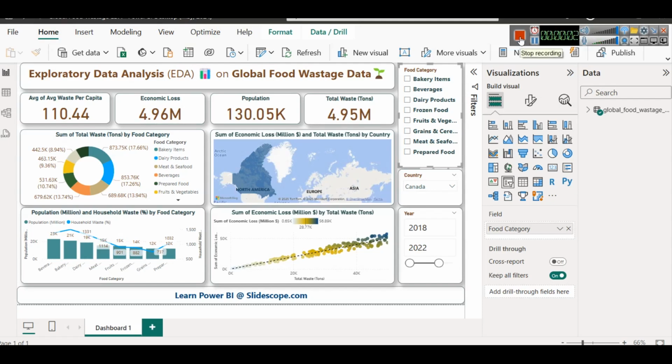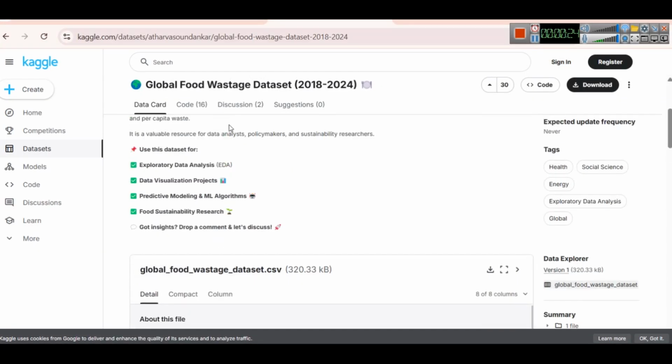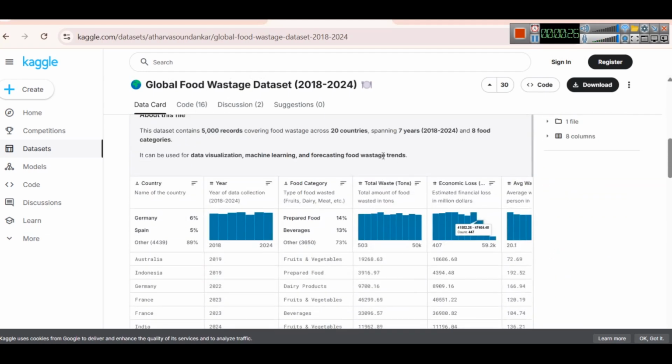Hello friends. Earlier we created a Power BI exploratory data analysis tutorial where we explained how to create this exploratory analysis dashboard on global food wastage data that we got from Kaggle. The data set that we received was this particular data on Kaggle, which is the global food wastage data set, where